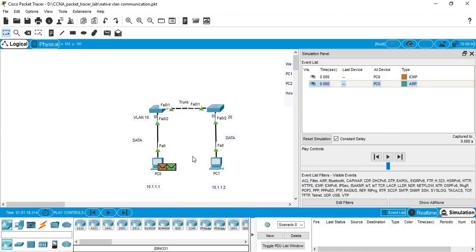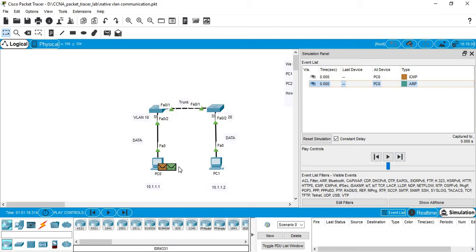Because it is the first time PC 0 is going to connect with PC 1, it doesn't have the MAC address of this one, and for connecting to a layer 2 device it should know the MAC address of the other device. So it has generated an ARP request to know the MAC address of this PC.